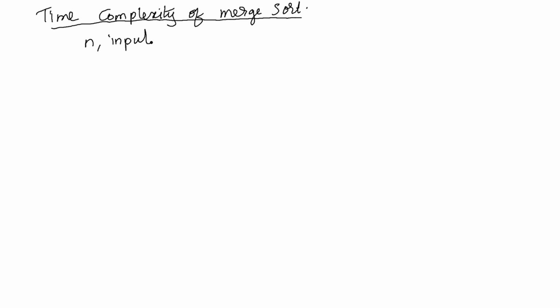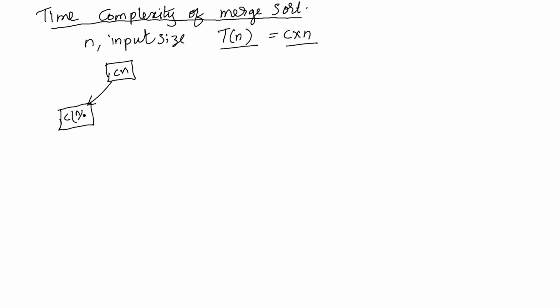Let's say we have to sort an n-size array using merge sort. Let the time complexity be T(n), where n is the input size. We can then start with C times n at the ground level, which represents the cost of additional operations at the ground level of the recursion tree. Now the left and right children of the root node have time complexities of T(n/2), because the input size is divided by half on each level of the recursion